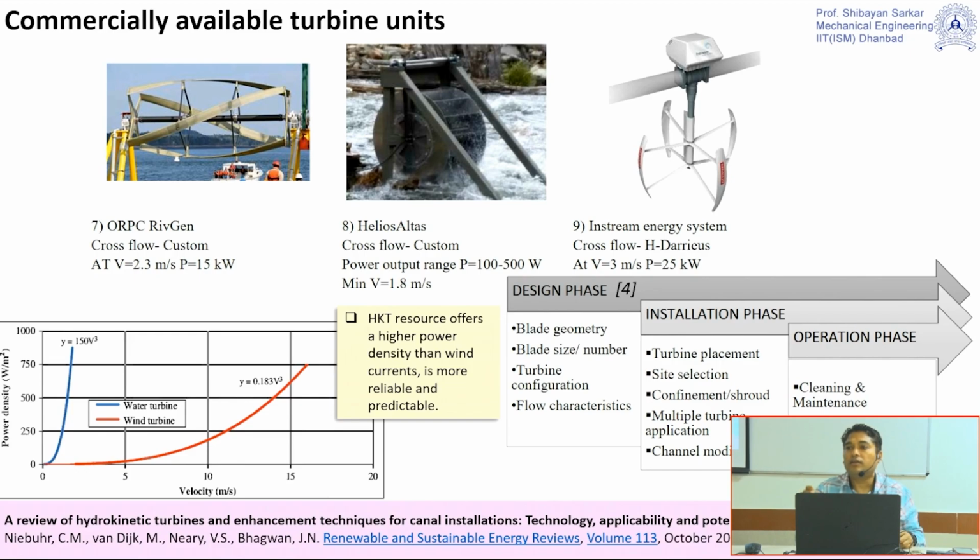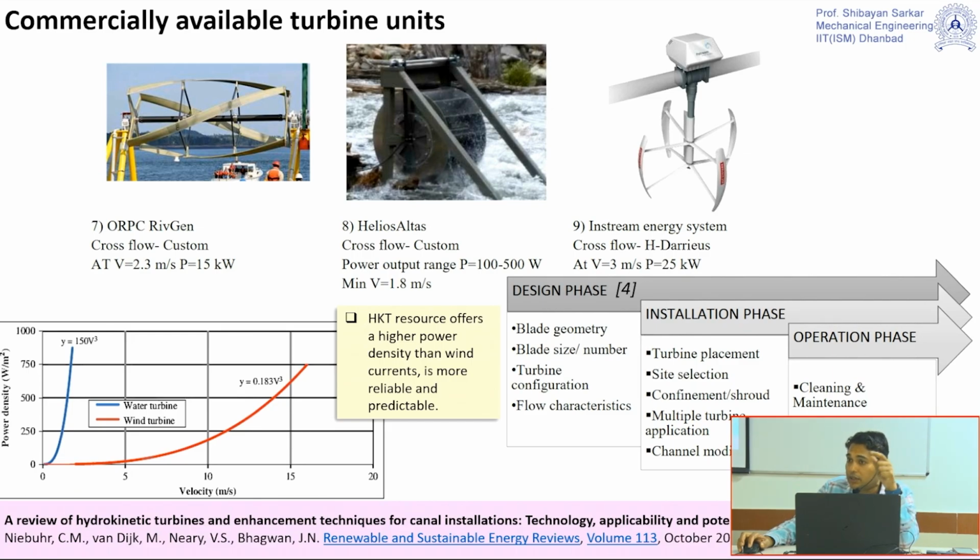Per meter square, that means we are basically assuming that the size of this particular turbine, if we fix say 10 meter square, or say 2 meter square, is the size of this turbine, both the wind turbine as well as the water turbine. Then if I would like to generate 500 watt, for the water I require only 2 meter per second, but for air I require almost 13 meter per second of velocity. So it actually depends on the